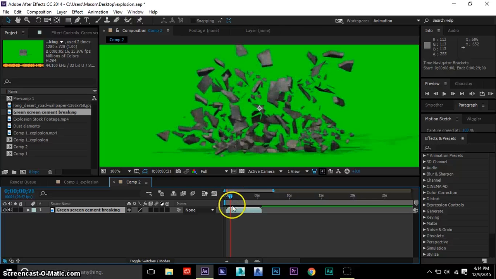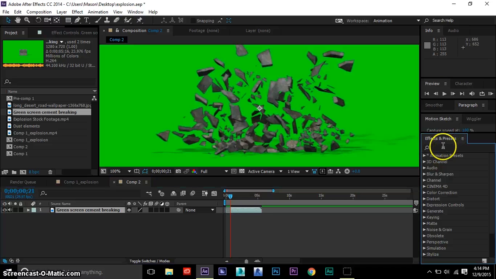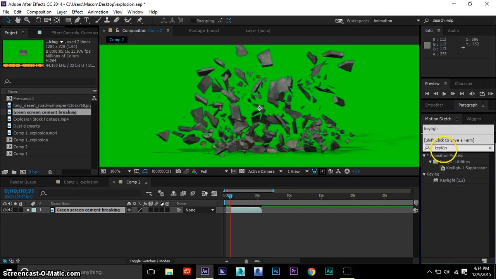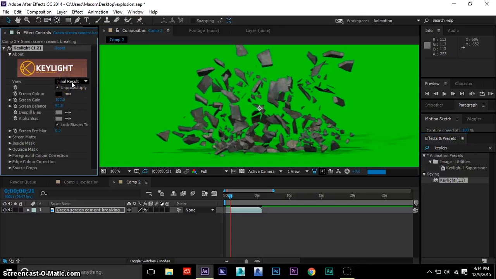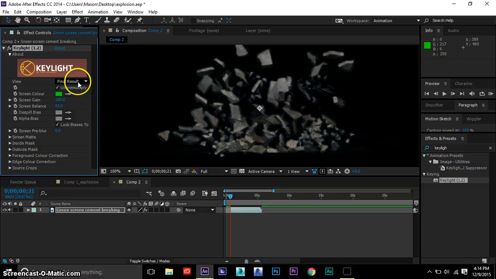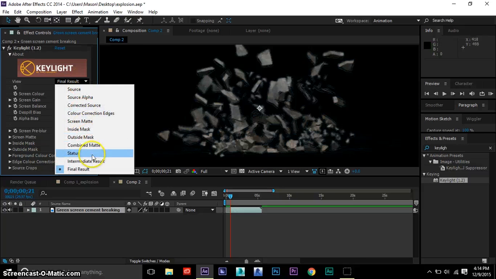So I want the explosion to probably start about right here. So we hit Alt and left bracket on our keyboard, we'll be able to trim that up. And under our effects and presets, let's go ahead and type in key light. Let's drag and drop that on here. So let's go ahead and get rid of the key light of the green, and let's go ahead and go